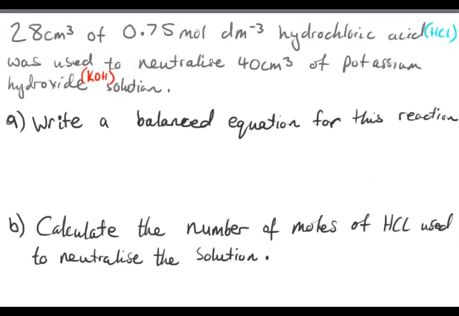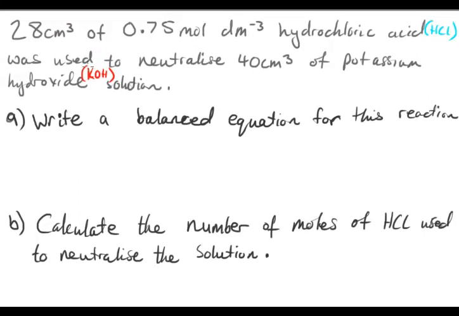So what I know is participating in this reaction is HCl and KOH. They're both strong, and they react with a 1-to-1 molar ratio, because this produces one OH and this produces one H, so those two react together to neutralize each other. So it's just going to be HCl, and I'll use the colors that were used in the question. So HCl plus KOH produce